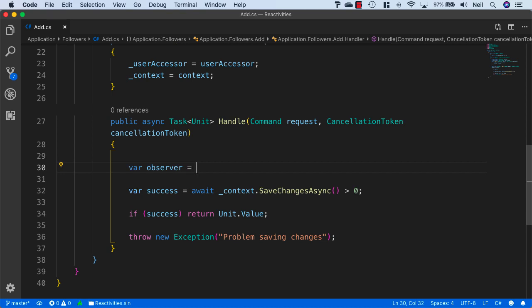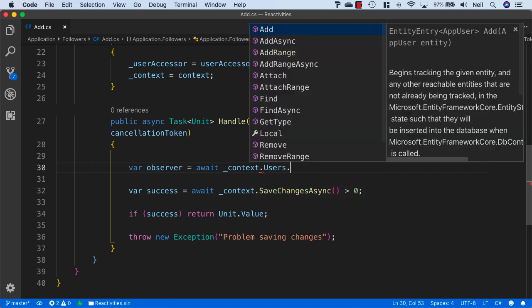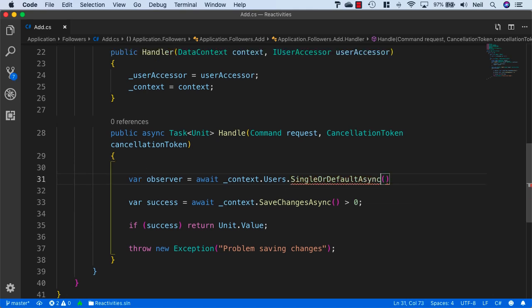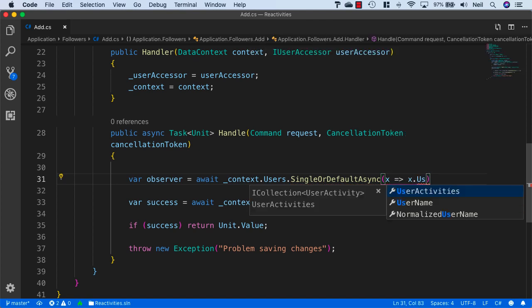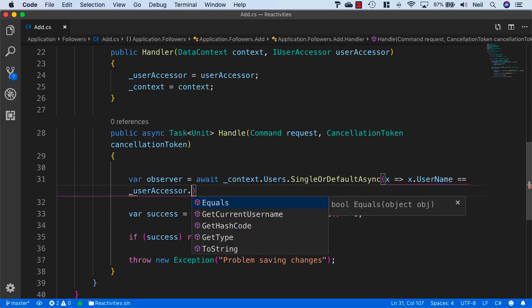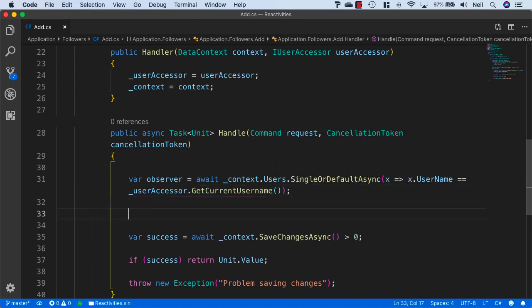So we'll say var observer equals await context.Users.SingleOrDefaultAsync, and bring in Entity Framework Core, and just as per normal we'll compare the username equal to _userAccessor.GetCurrentUsername,